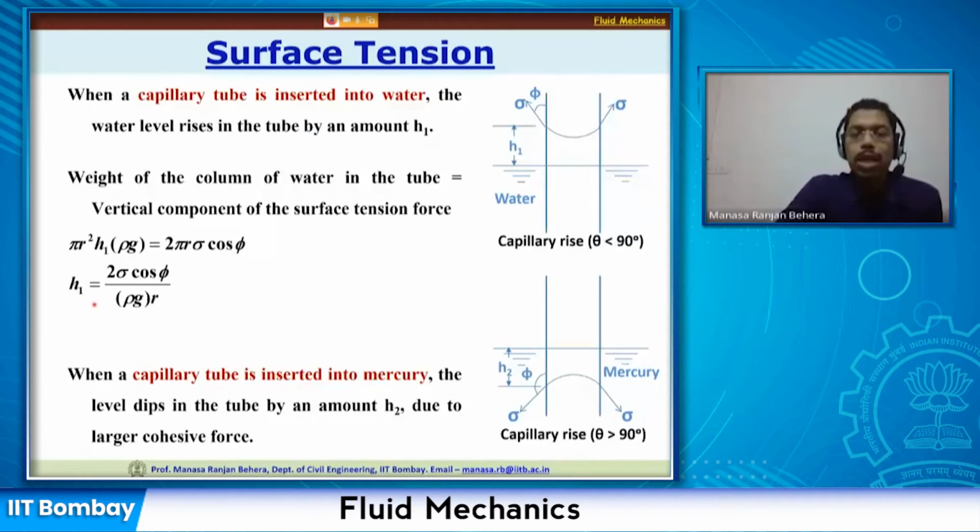Now in certain liquids or fluids, you will find that this φ value is going to be more than 90 degrees. When we are measuring from this surface, going anticlockwise, the φ value is going to be more than 90 degrees. In such cases, the value is going to be negative, or there will be a drop. Instead of a rise, there will be a capillary drop. So in the case of mercury, it is going to be lower because the angle is going to be more than 90 degrees. All right.